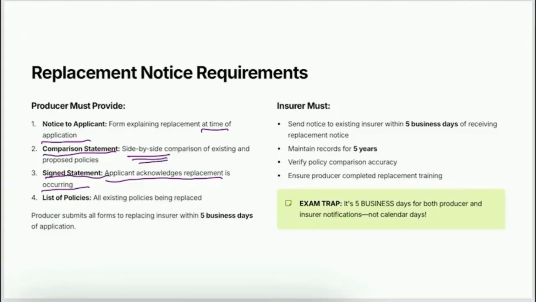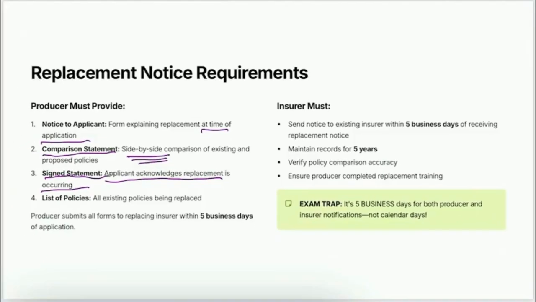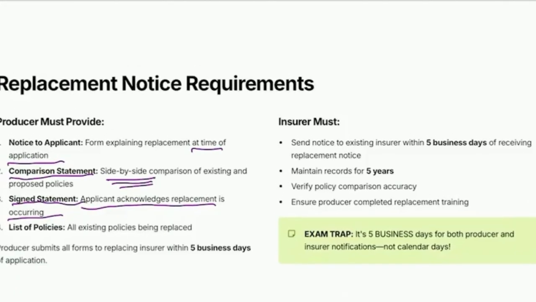Now, generally, a lot of things happen online, electronically these days. Life insurance, though, is one of those businesses where people still really like that face-to-face, old school kind of transaction. So there are still a lot of life insurance agents that sit down in customers' living rooms and go over policies with them, where they come into the office, etc. And the exam is always going to be worded, well, at least for now, it is still very much worded as if we are hand delivering policies and getting wet signatures in person.